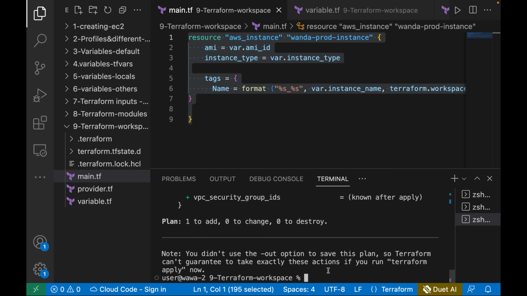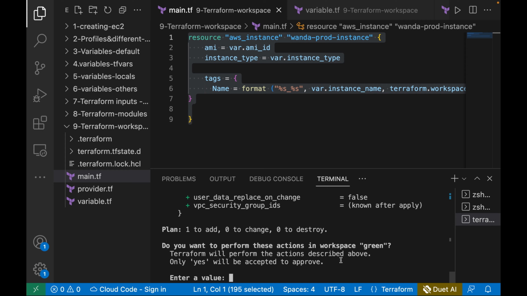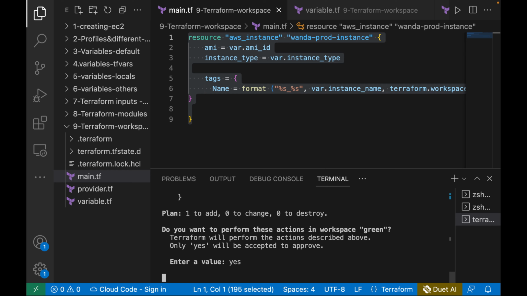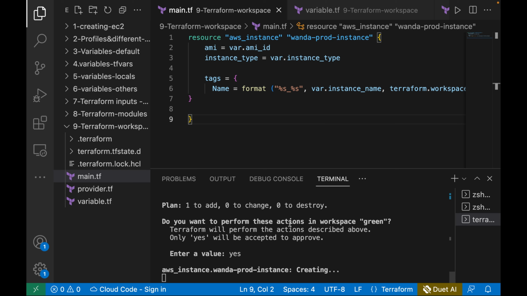And then after that, let's go ahead and do Terraform apply to create the resources. After running Terraform apply, we type yes. Terraform is going to provision this EC2 instance in the green workspace, and we can verify that by going to